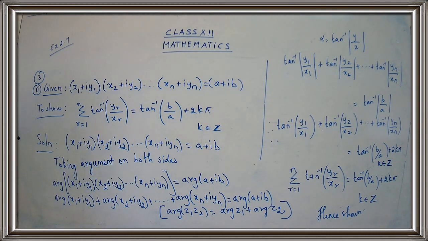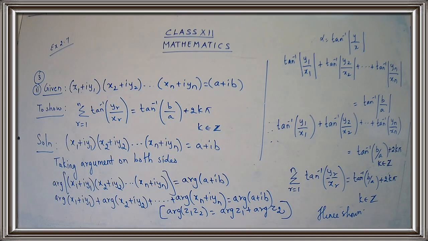I hope you were clear with this sum, children. Was it clear, children? Yes, I hope. We have gone very slowly. For the first subpart, we have used the properties of modulus. And for the second subpart, we have used the properties of argument. And that's all. So we have completed our sum number 3.